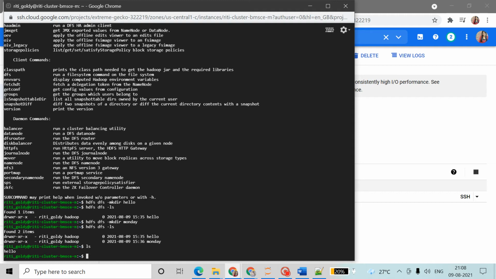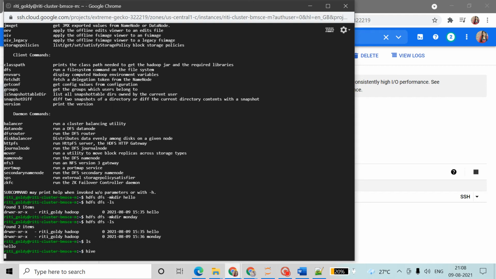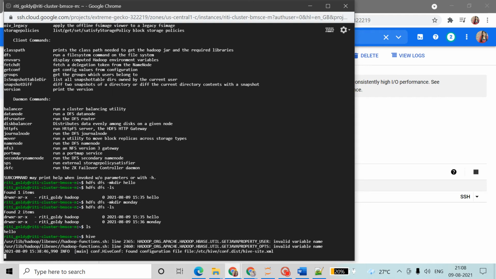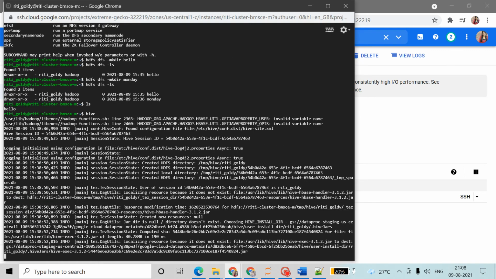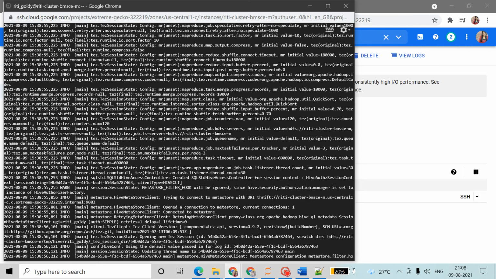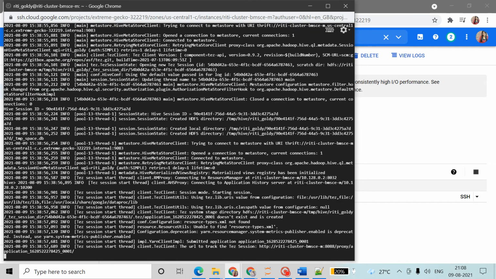In this we can use our Hive also. See, I have written Hive. Now it's installing Hive in our test terminal. It will take time to install Hive. In Hive we have to write queries like how we write SQL in a database.